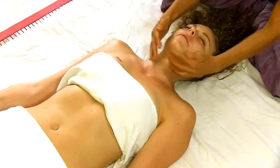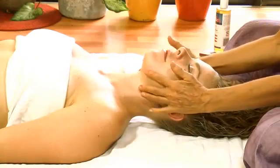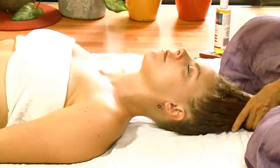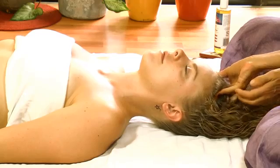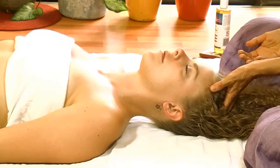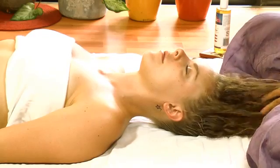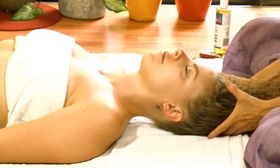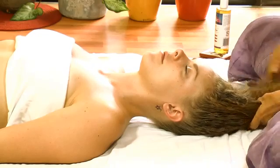Back up, and then you can just pull everything up into the scalp. And then again. And then just one more rotation of rotations of the top of the head. And pulling up. Now what's also nice is if the person has hair, sometimes people are bald, but you can also pull the hair just slightly as you're finishing up